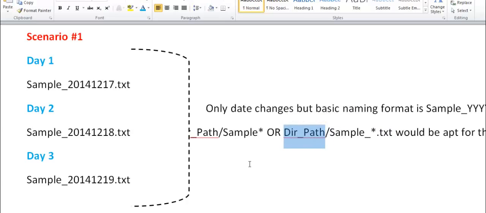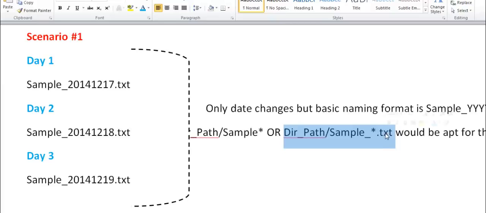Because you know it's .txt, you're giving it .txt, right? But let's say you don't know .txt, they just send us files. Okay, so now it doesn't matter. Whenever you have like sample star, it reads all those files. Okay, so yeah, but the safest thing to do is this, I guess, if you're a little concerned about that